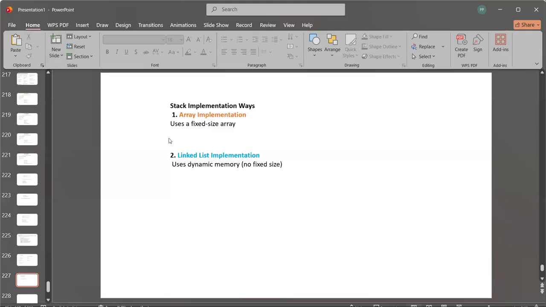I have already covered what a linked list is, and how we can create it dynamically as well as statically. I have covered both, and I will pin the link in the description. So in the next video we will see how we can create a stack with the help of array representation, where we will use only a fixed size.